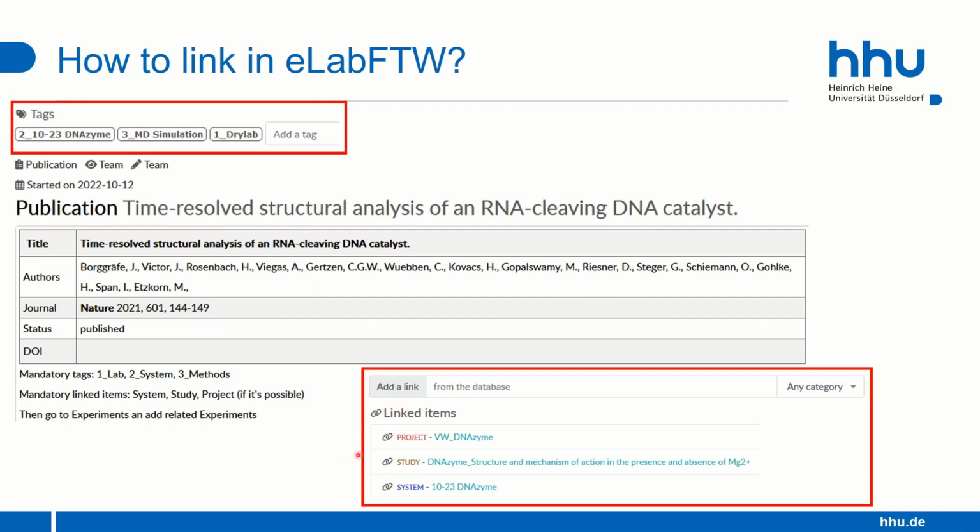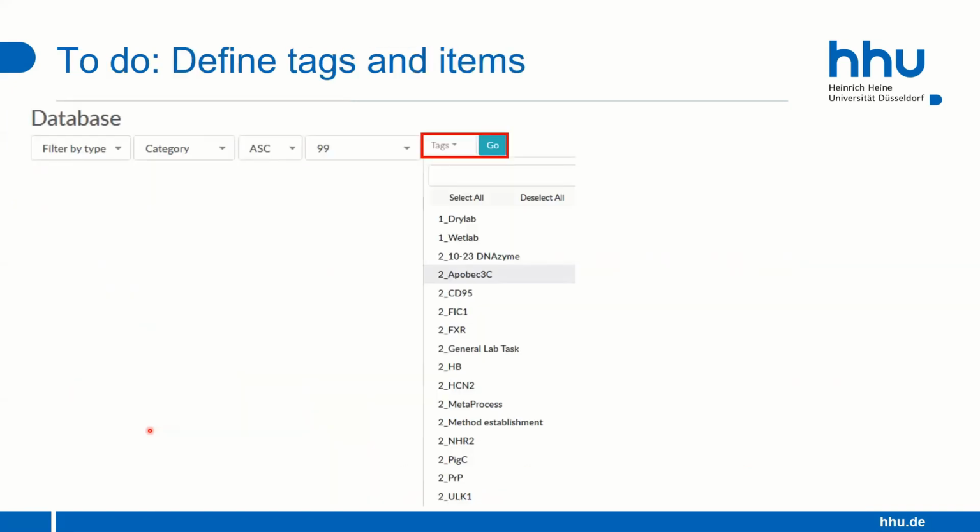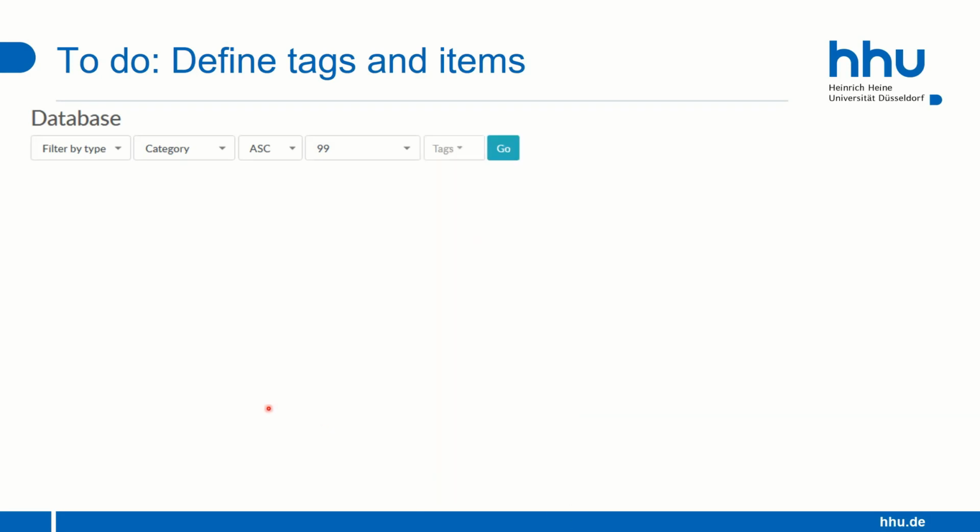And as I said, we can provide linked items with respect to publication. To make the user do all this, we provide for each of these categories essentially rules that have to be followed when you work with such an item. So this is the list of texts, just as an example from us, but you can see already that if you search up here, you can then identify easily, for example, in which part of our lab the work was done, which systems, number 3 would be methods, and so on.